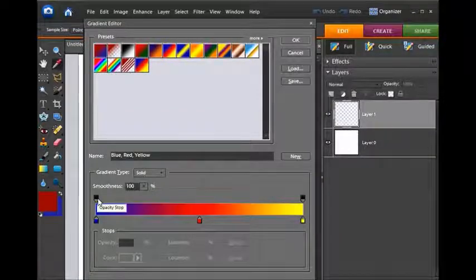In this gradient, we have 5 stops. The stops on the bottom are called color stops, and the stops on the top are called opacity stops. And so if you click on one of them, I'm going to click on this red one in the middle,